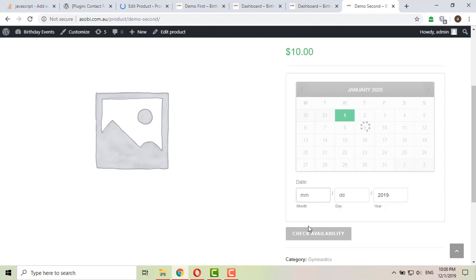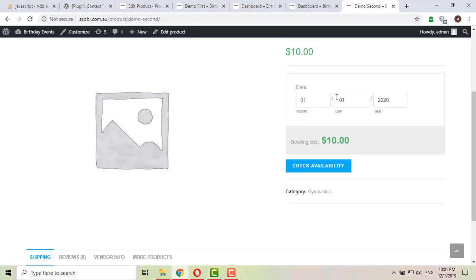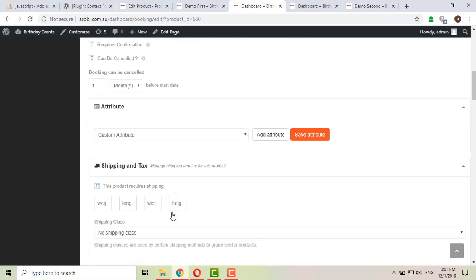If you put always remain open, then this calendar will always remain open. And as we have set this to open on click, whenever we click on this date, the calendar will open. From this date, you will do all these things from here.